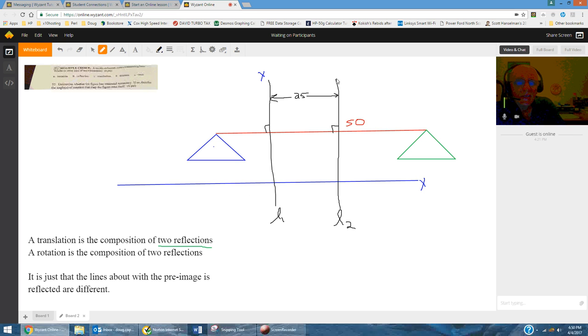They have to be perpendicular to the translation line, a line that is joining a pre-image point with its image point. Okay. Now, if I rotate